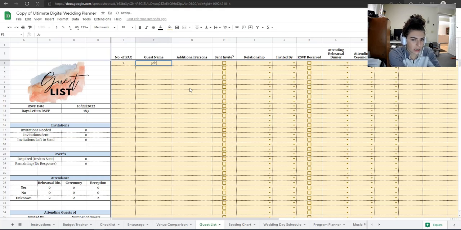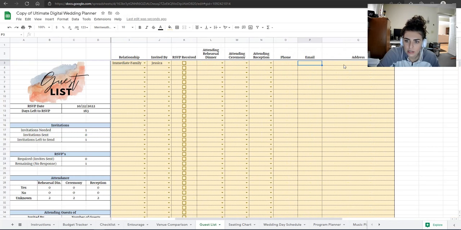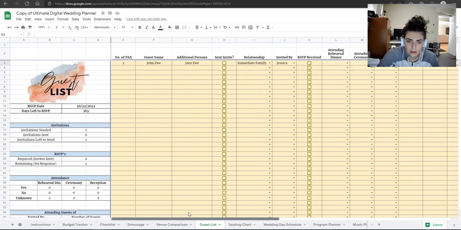Guest name, I'll type John Doe. Let's say that's my dad's name. And then additional persons. Let's say my stepmom's name is Jane Doe. And then I would say they are immediate family and they are invited by me. And then we can type out their phone, email, and their address. And then once I send the invite, I can click that. And once they